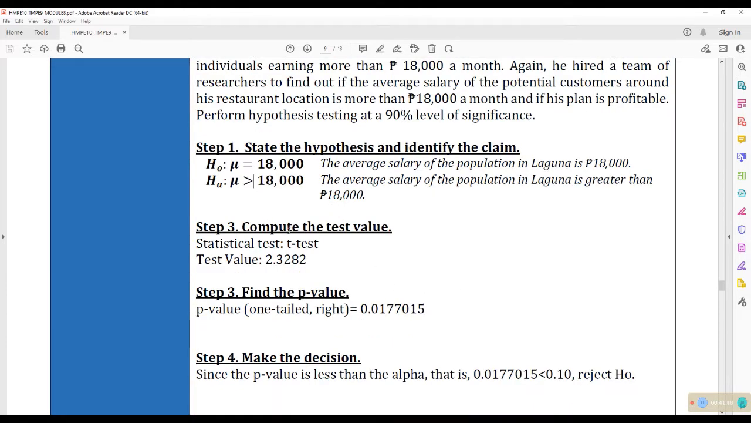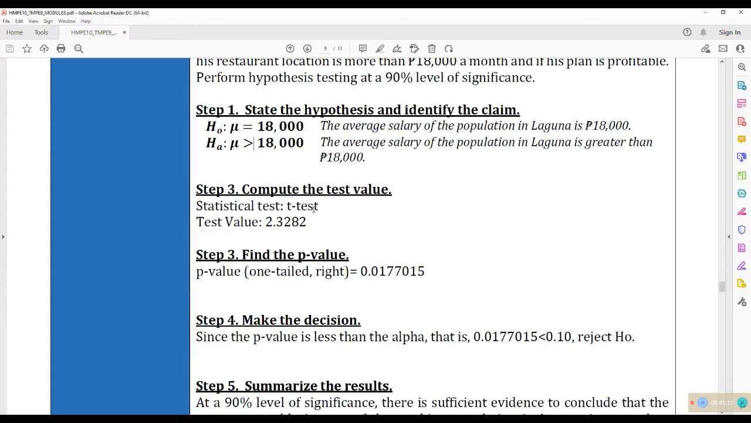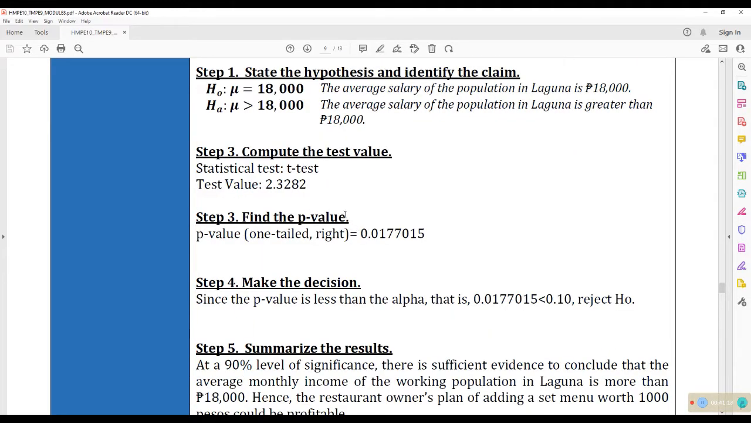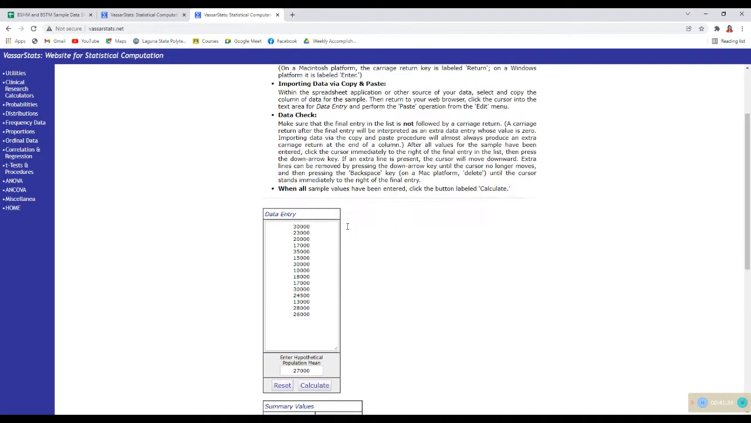Next, step 3, compute the test value. The statistical test is the t-test. The test value is 2.3282. Now, you have to find the p-value. It is 0.0177015. Let's just use our previous